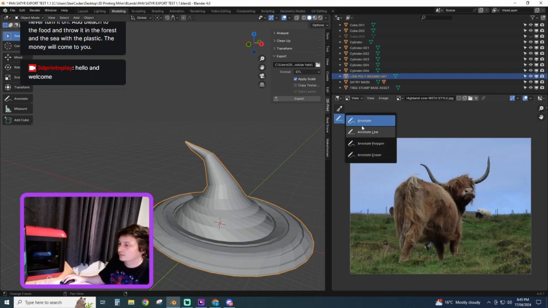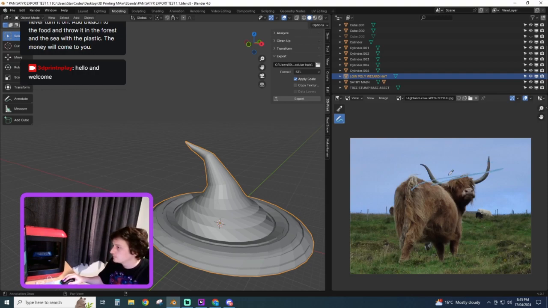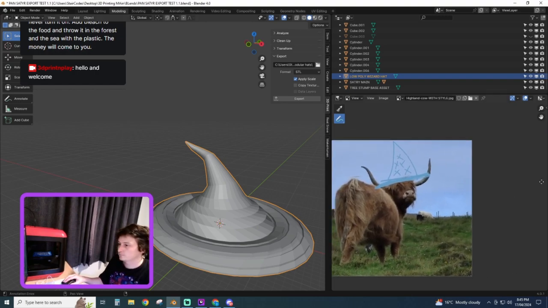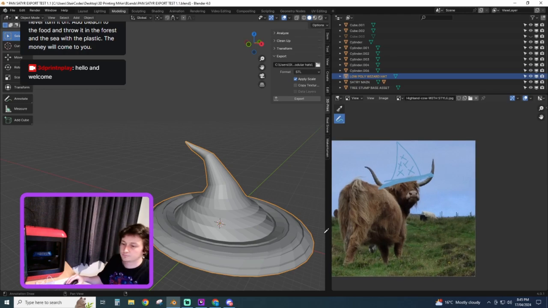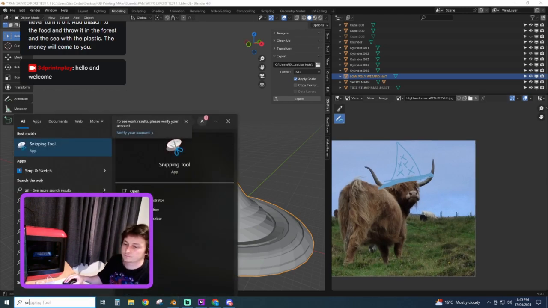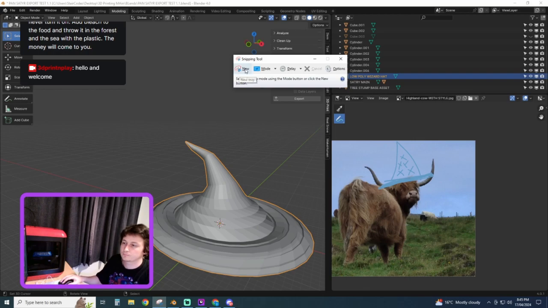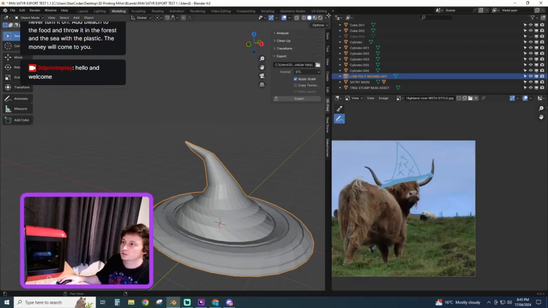Okay, so we don't want that. Cool. Actually, let's throw a matte cap on that, eh?